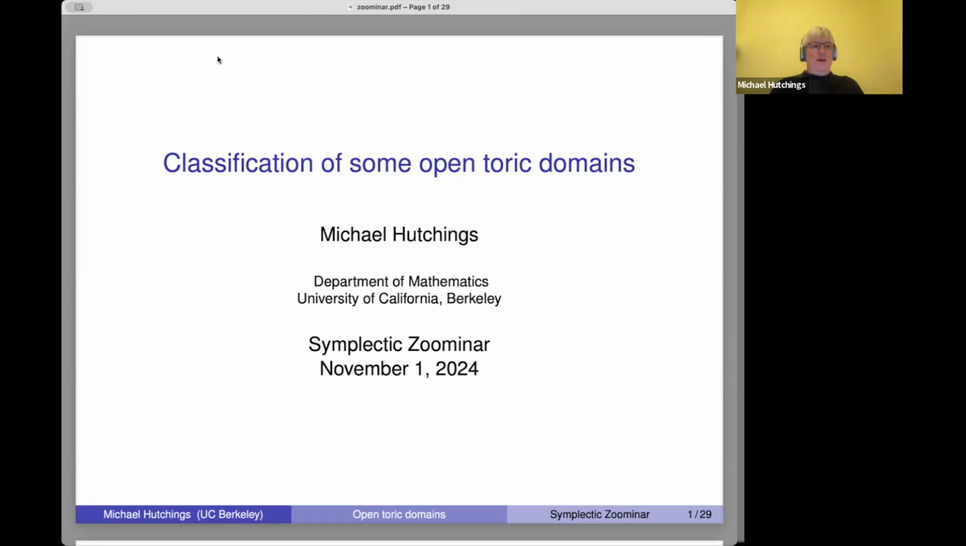Okay, I'm okay. Yeah, so I'm going to talk about classifying some open toric domains. It's very early in the morning here, so I had to put some memes in to liven it up, although then I deleted most of them because I didn't want to offend anyone. Anyway,